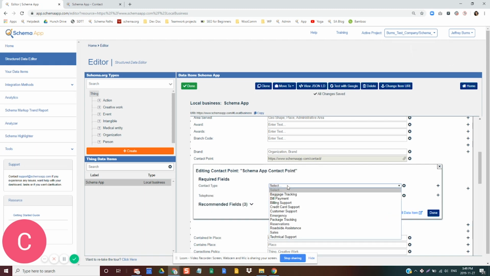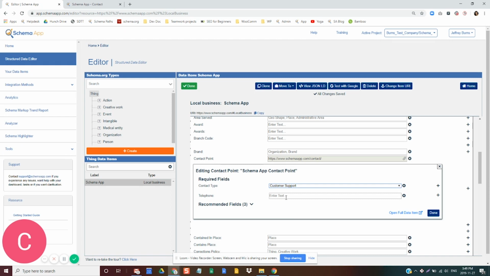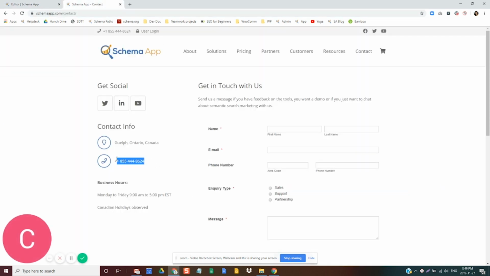In this case, our phone number is used for both customer support and sales. So I'll go ahead and just choose customer support. If you had a different phone number or contact for those different departments, you could create multiple contact points and just name them appropriately depending on what the department is. So in here, the telephone, I can once again enter that phone number,